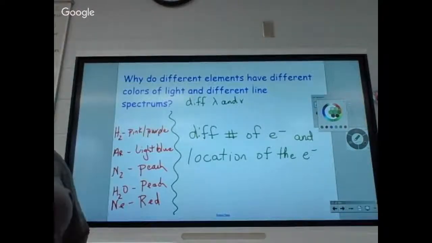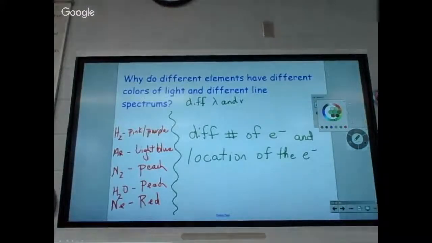Okay. If you learned that, we're going to talk about how you figure out how many electrons are on a ring and where those rules come from. We're going to learn about the energy levels, the sublevels, the orbitals, how they spin. You're going to learn more about electrons than you ever wanted to know, which is why I said the next